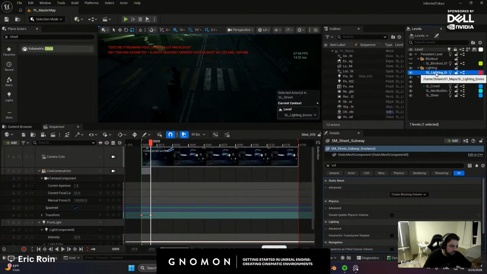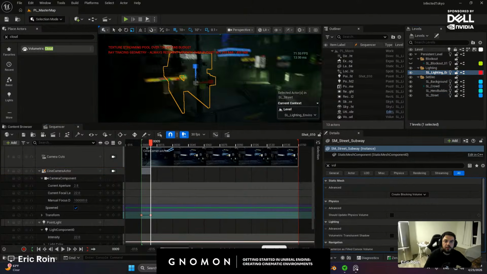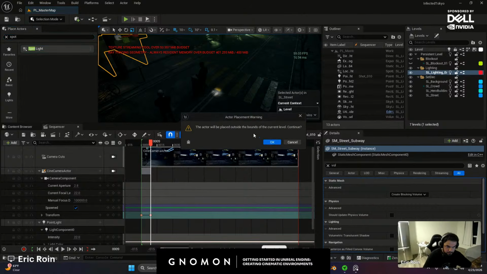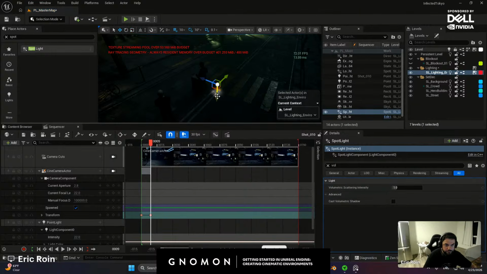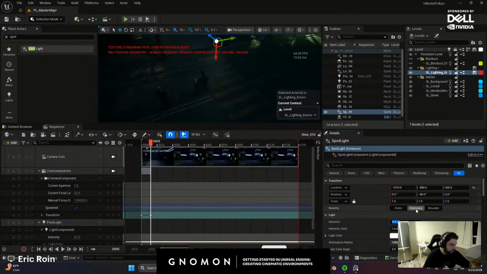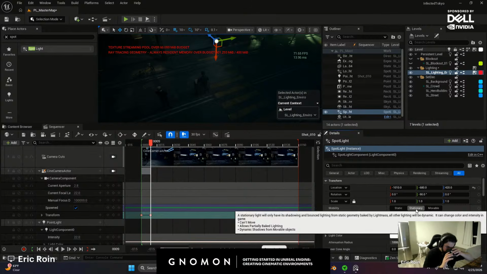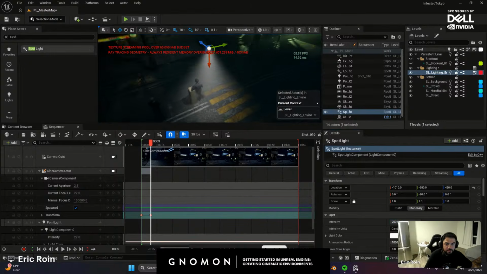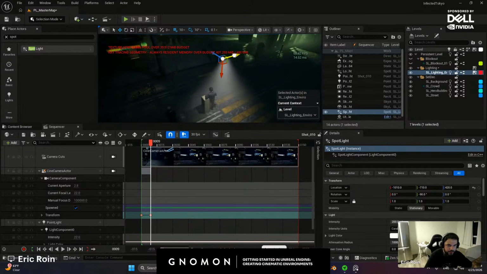Let's switch back to the lighting sublevel. It can be cheated in a way where it's only going to affect the characters and not the environment, so we don't give it away. So I'm going to search for spotlight, drop it in, press OK, and just to demonstrate it, I'm going to increase the intensity by a lot and see how the light source affects the character and the ground and all of that.